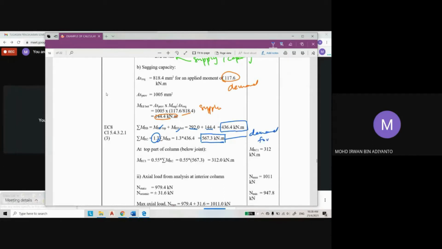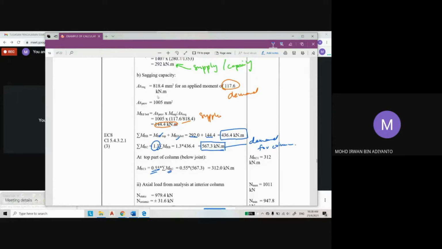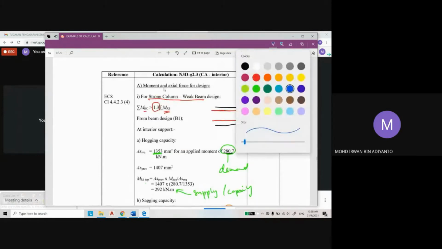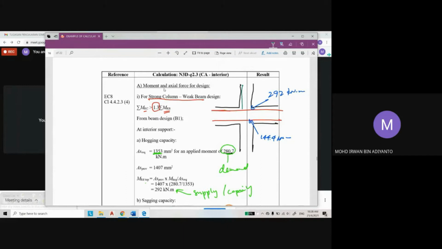for the column. At the top part, below the joint, the portion is 0.55 of the moment demand, so we multiply by 0.55. We have to separate. Let's say this is the reinforcement steel bar for the column. You have 3 at least. The demand, this is 0.45 of the moment resistance, and then at the top bar,